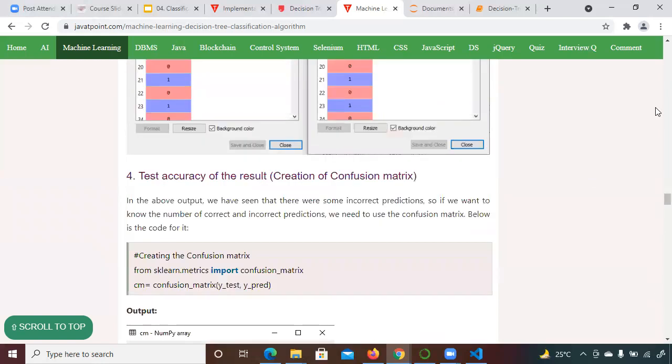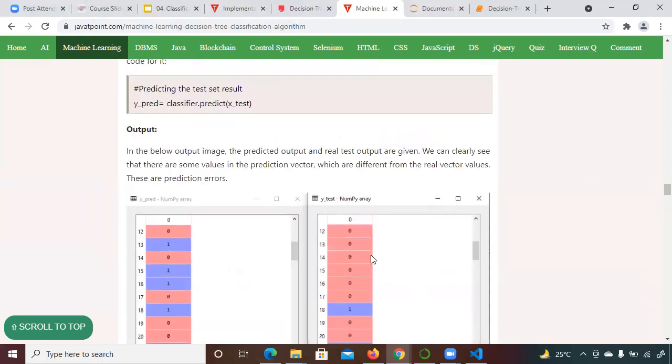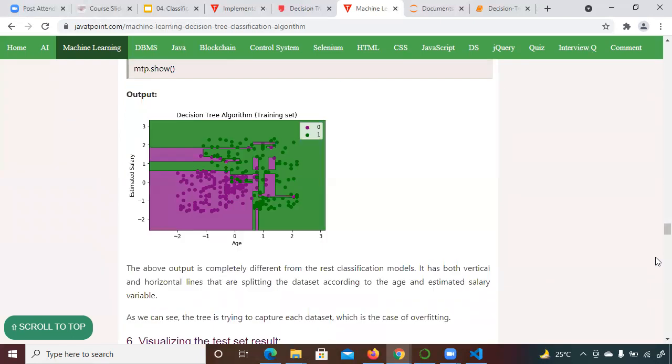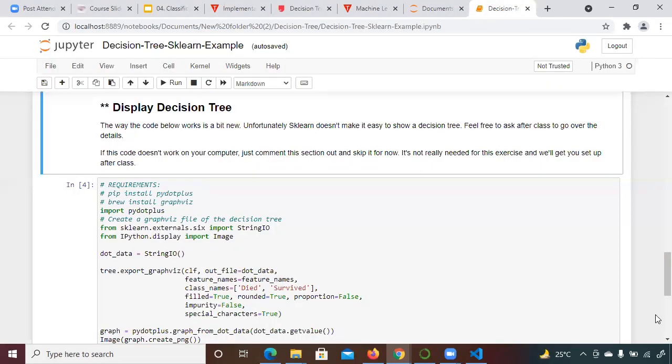Then you can see the prediction as well. As I have shown you, the left side will be your actual data, and this is what is done by the algorithm that you have written. So how can you check it? This will show you. Then you can see the accuracy at the end. You can print the accuracy. Now let's start making a program.